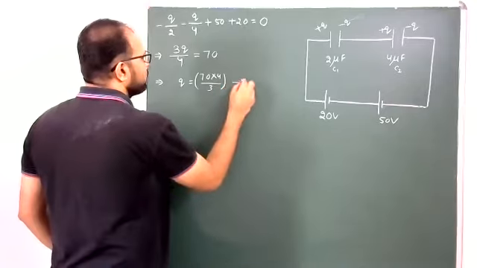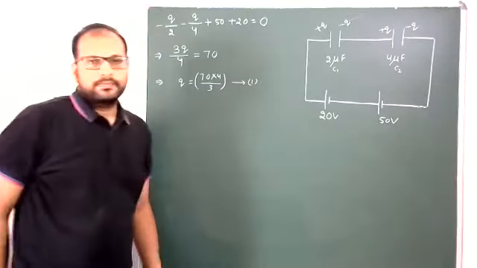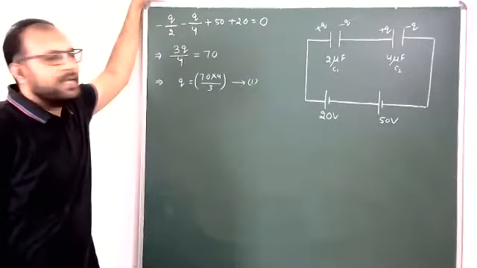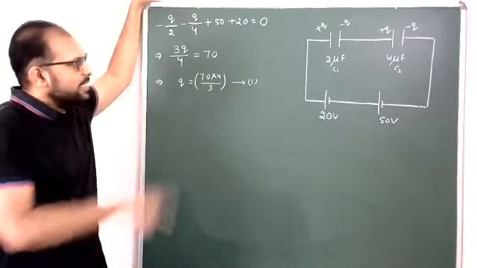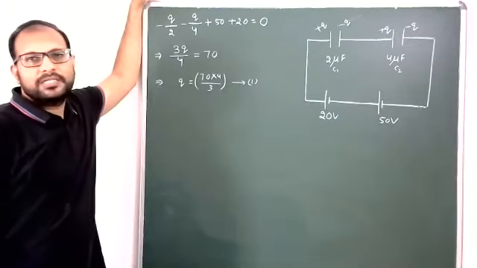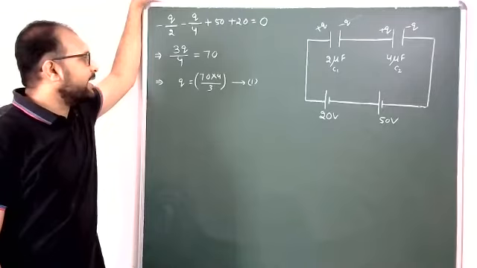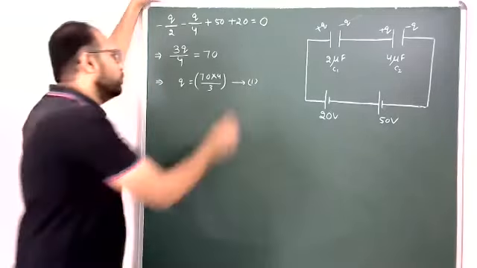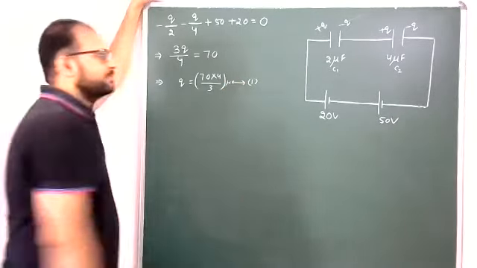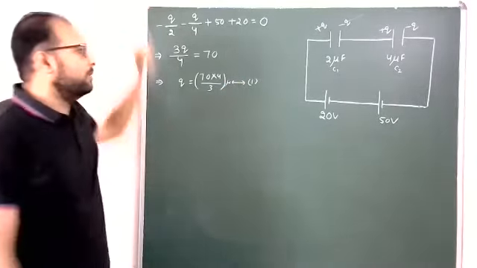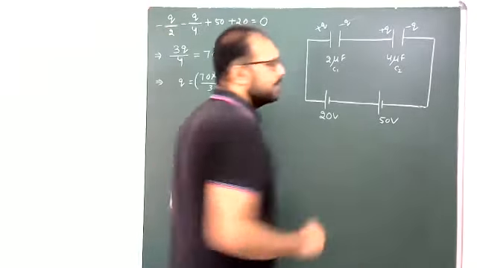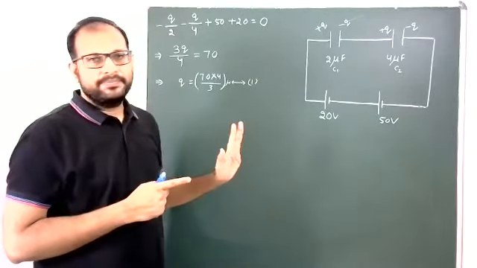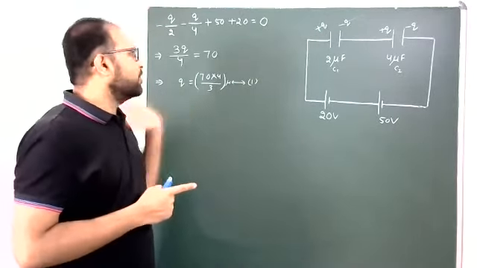So this is part 1. Students, this much charge is now stored in those two capacitors. The first capacitor has the same charge, the second capacitor also the same charge. That charge is 70 into 4, that is 280 divided by 3 microcoulombs. Now, this is before any other connections are made. This is the complete circuit charge.